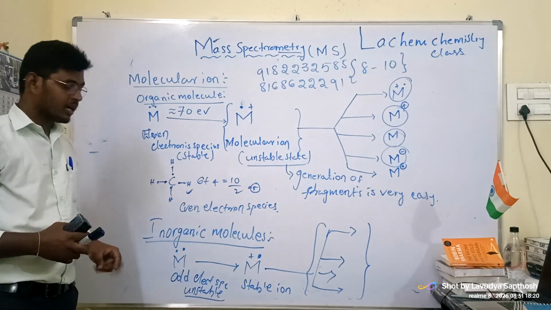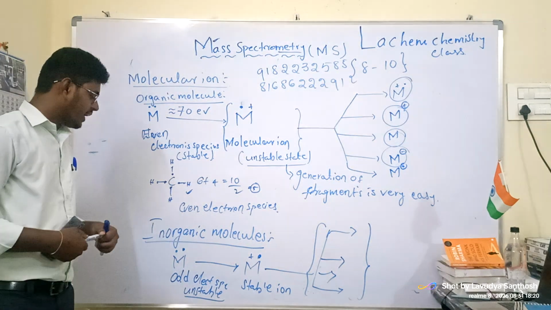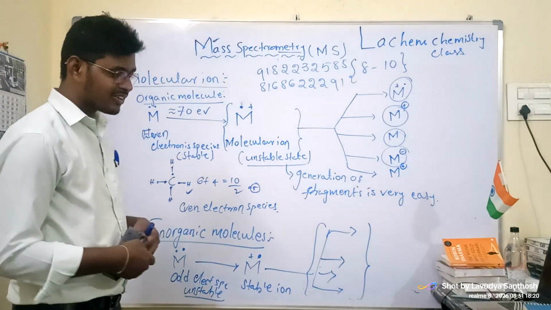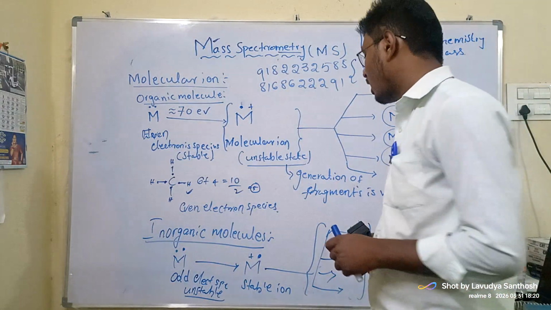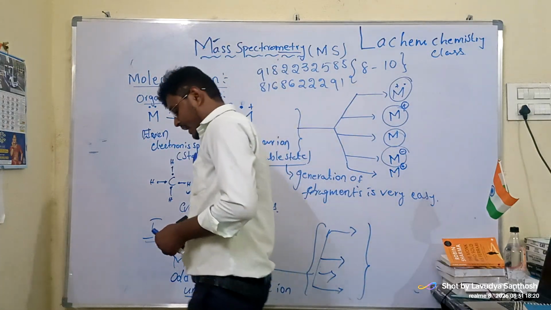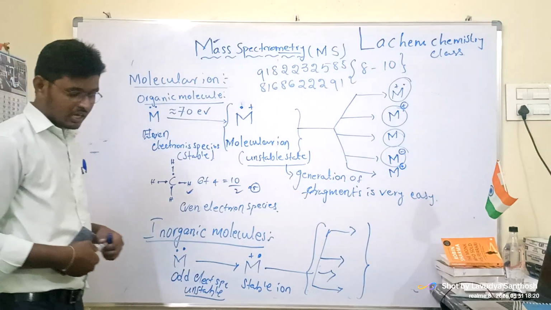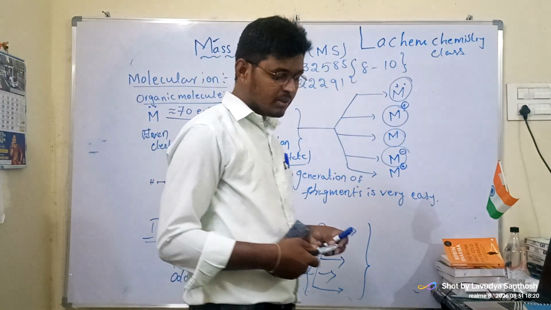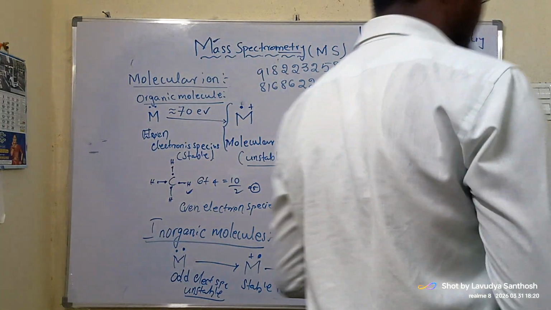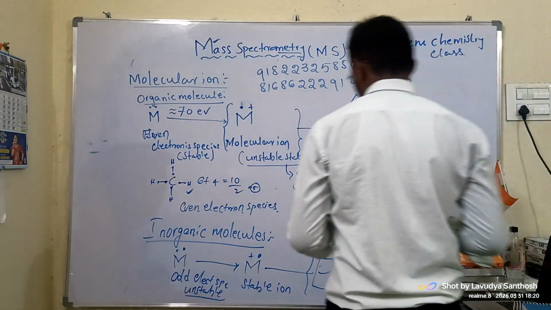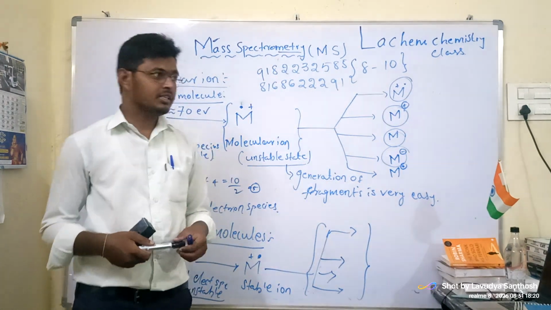Now we see in inorganic molecules, they are odd electron species, and they generate stable molecular ion. And this stable molecular ion is